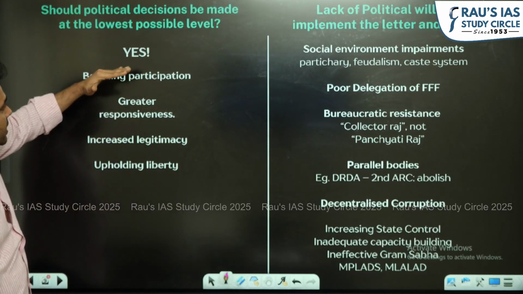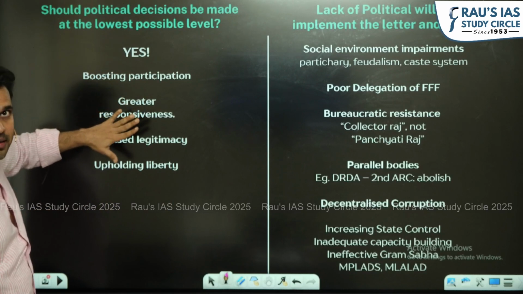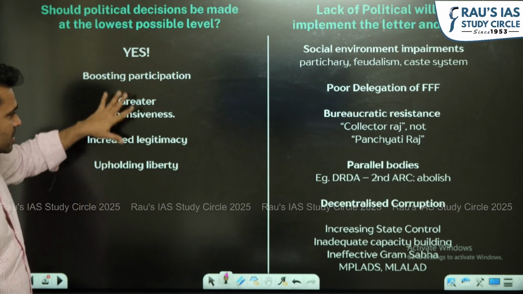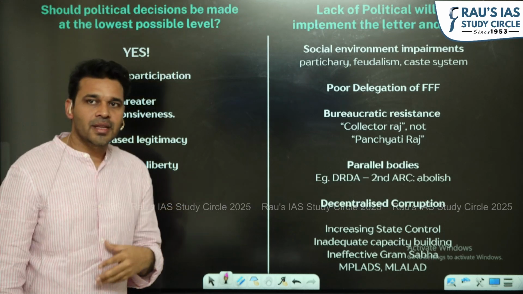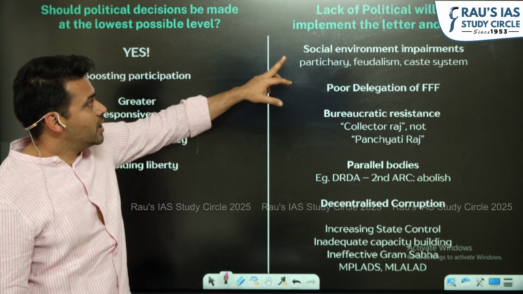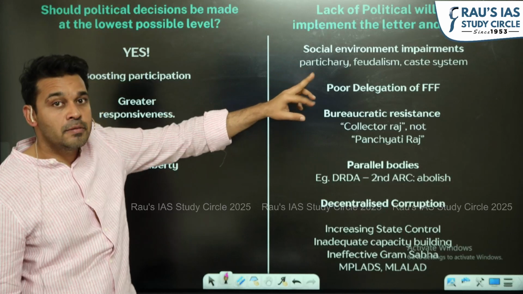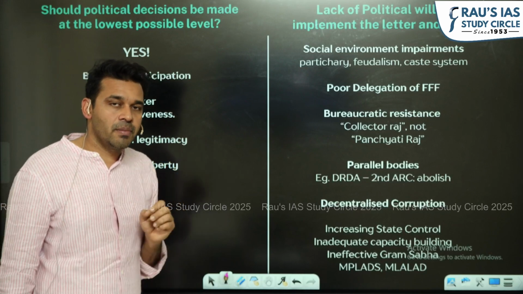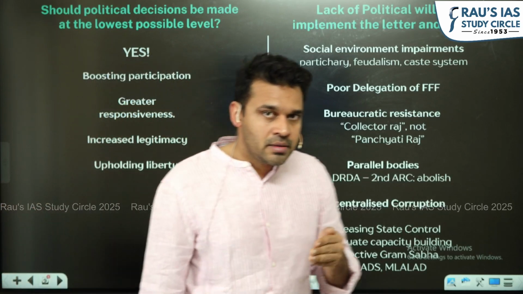So you can see that yes, it boosts the participation, it has greater responsiveness because it is located from among the people, it increases the legitimacy, and obviously people have much higher liberty. Now, lack of political will to implement the letter and spirit of the constitution can be taken up as the summary of the problem. Because when we created part 9,